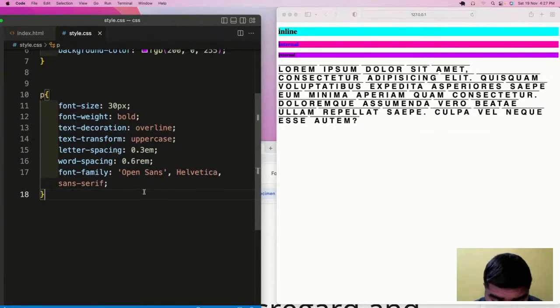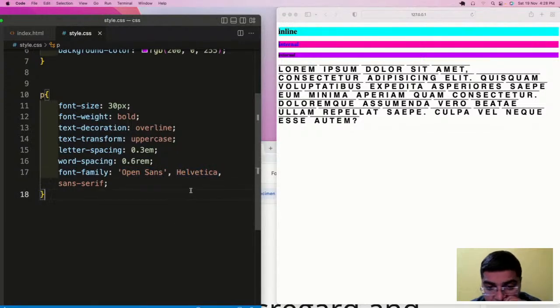Because if sometimes I am using this particular thing in Google Chrome and somebody is checking in Safari, and let us assume that Safari does not support the Open Sans font, it will pick up the next available font, which is the Helvetica font.